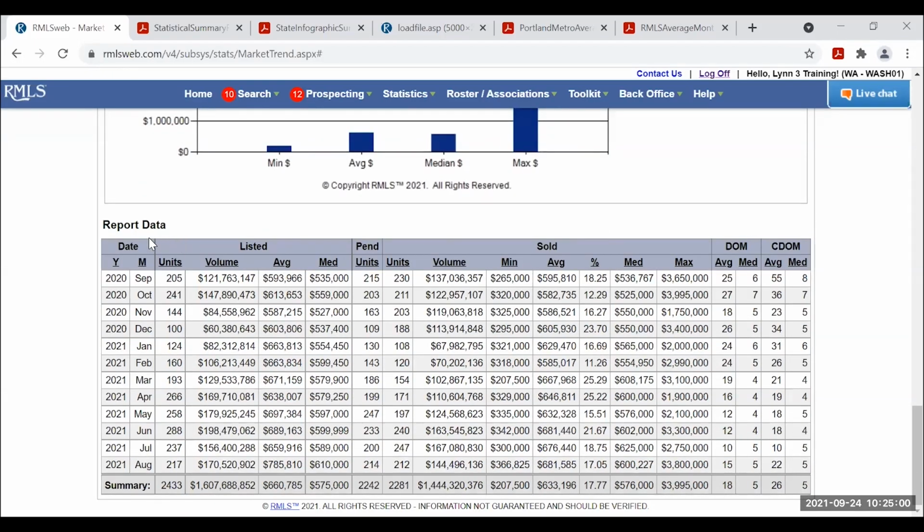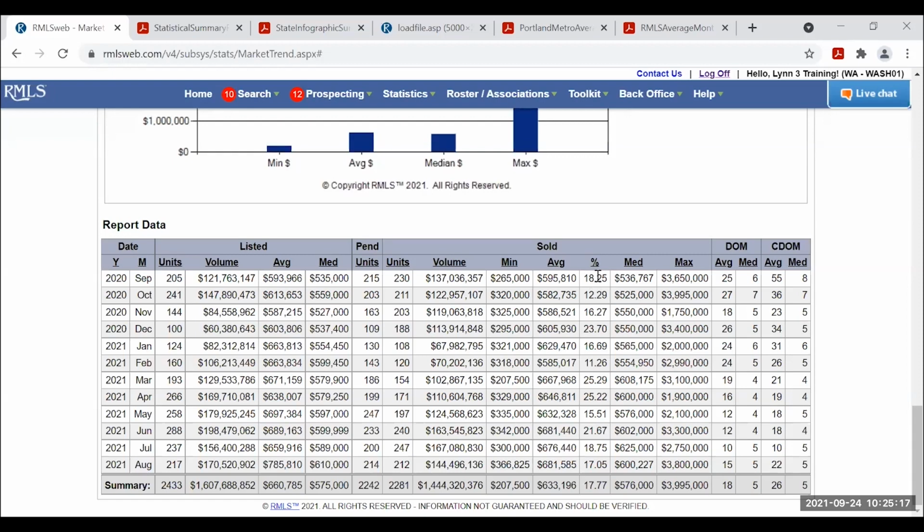So the listed units, the volume, the average and median for a particular month, the pending units, and then the sold, how many units, total volume, minimum and average sold price, median and max, and then that percent sign.